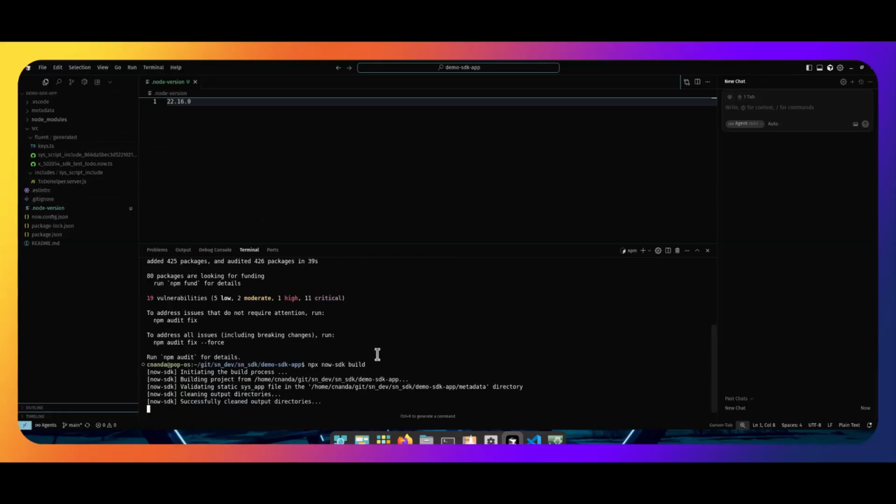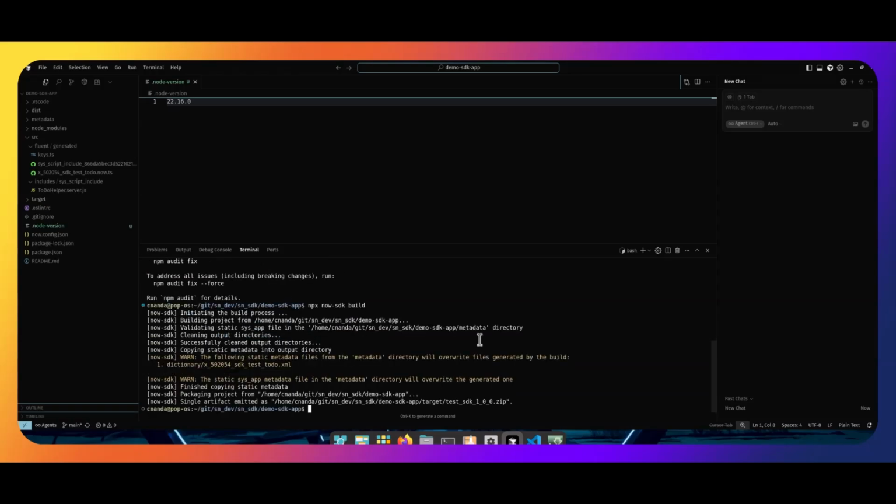Now, during the build process, what it's going to do is read through those Fluent files and build those into XML. This is pretty important because one of the concerns I've heard is, if I use Fluent, what happens if ServiceNow stops supporting it? The key thing is Fluent never goes to the ServiceNow instance. Fluent is completely focused on your local development environment. Unless you're using the ServiceNow IDE, technically speaking, you're in a separate development environment, just like what I have here locally. Those Fluent files are not in the ServiceNow instance itself. Those Fluent files stay separate,